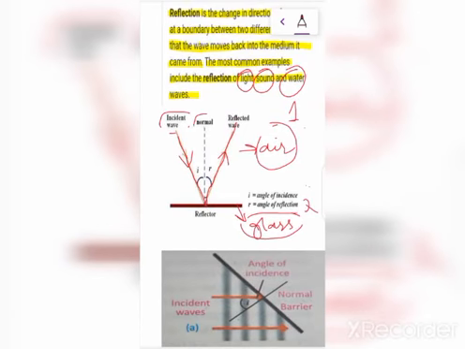In this figure you can see a normal here. A normal is an imaginary line which is perpendicular to the boundary of the second medium, so that we can see that the angle which the incident ray makes with the normal must be equal to the angle which the reflected wave makes with the normal. This is the law of reflection. Any wave which undergoes reflection must obey this law, that the angle of incidence must be equal to the angle of reflection. So the water waves must also obey this law.